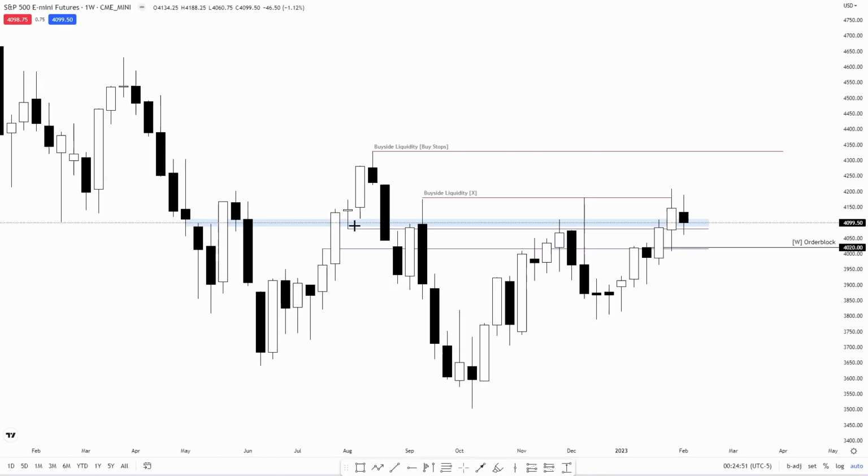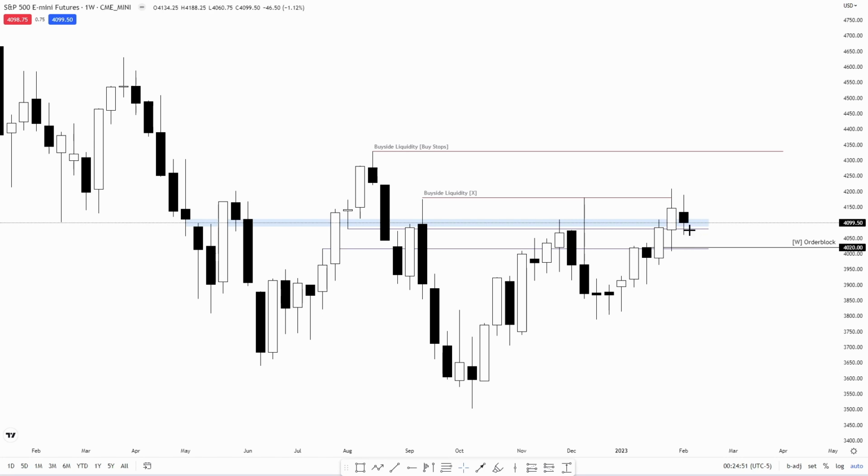On the weekly time frame, you can see the two levels which I outlined for you in the last weekly outlook, and I said to you that you should outline them and have them on your charts. The first one was the volume imbalance. As you can see, we closed nearly at the 50% of the volume imbalance and the open of the balanced price range, the high of the balanced price range. And you can see last week we traded into the balanced price range and rejected it higher on Friday.